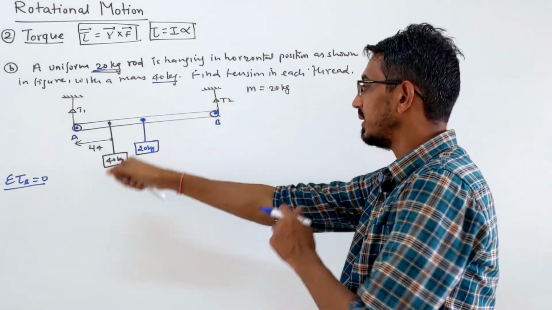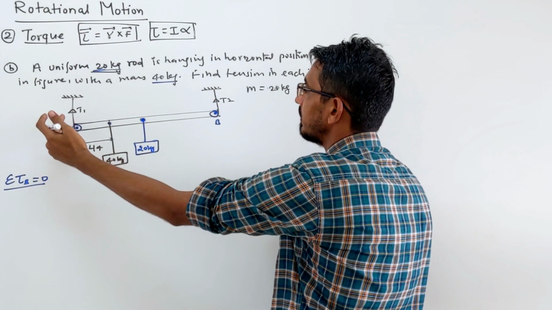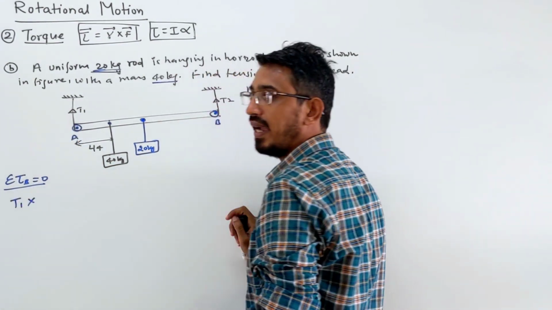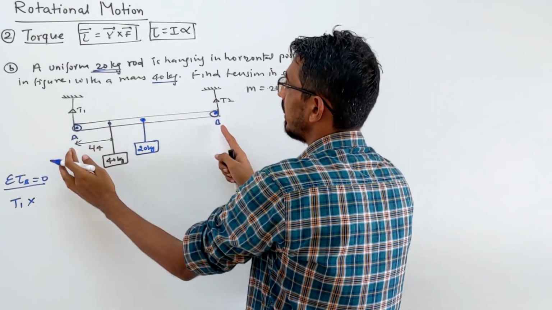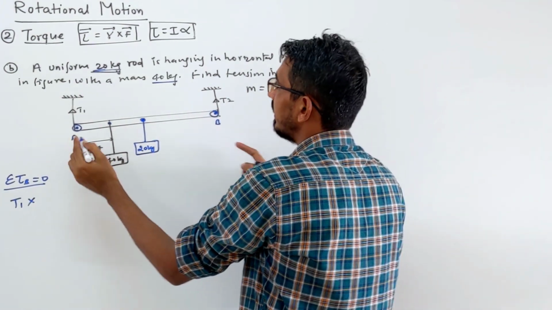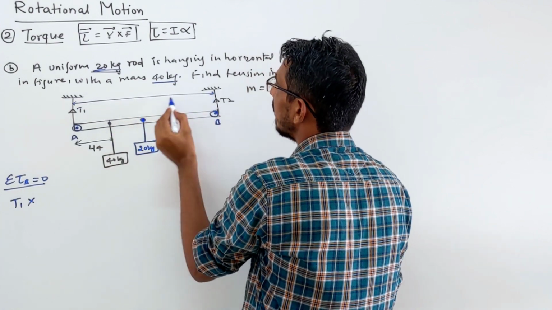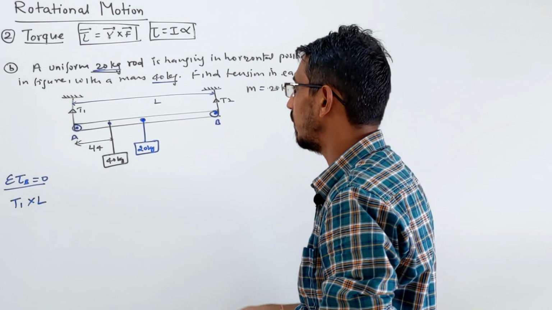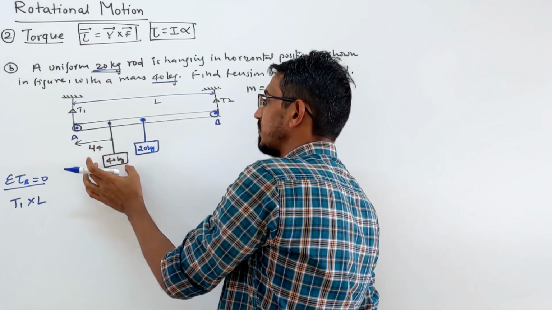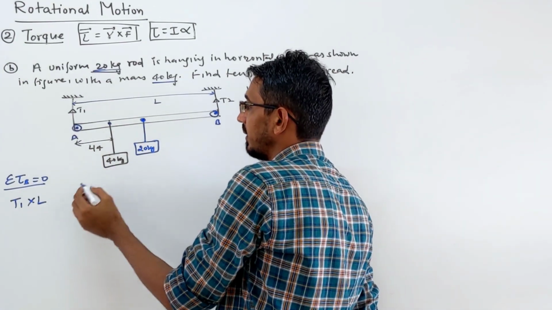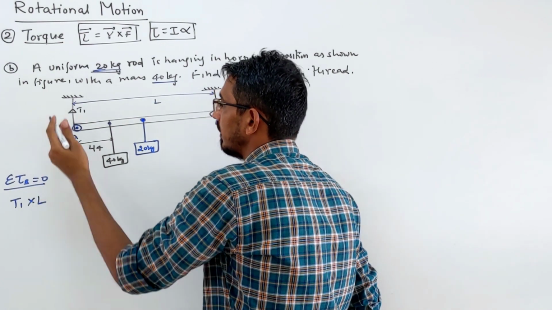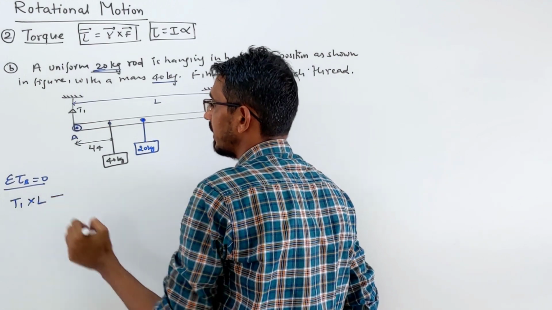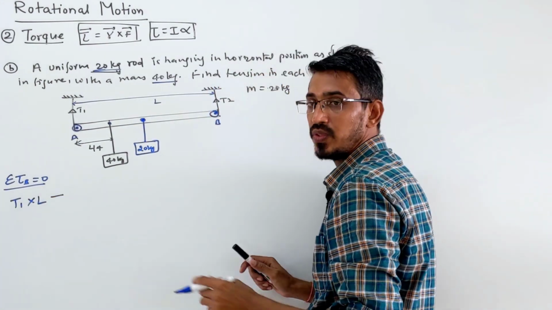Okay, so let's write the torque. First start from here. The torque due to T1 is force times perpendicular distance about that point, which is simply the length of the complete rod. Let's call that total length L. So T1 into L. Then the force mg acting here. These forces are upward, I am calling positive, then torque due to downward forces you call negative, so minus. This is very important.